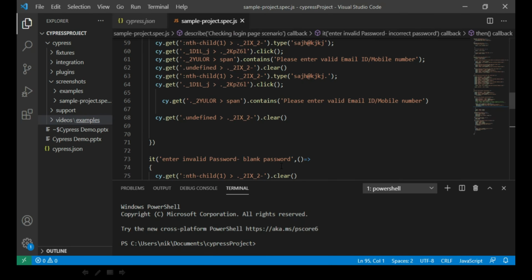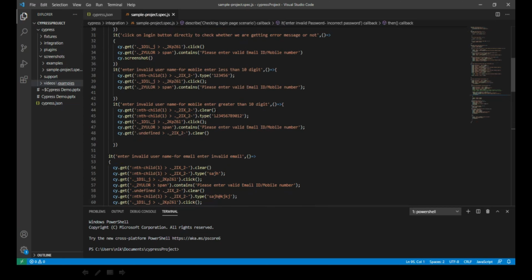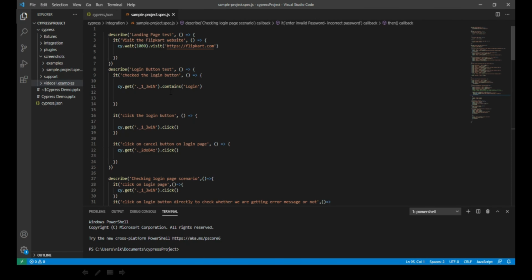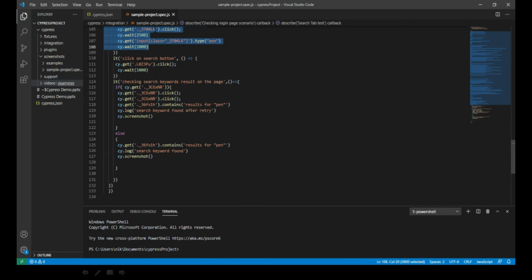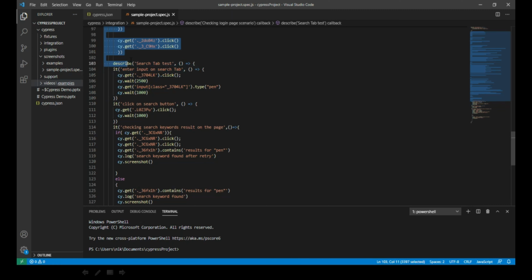Let me minimize this a little bit. I will hide some of the elements from this page, just to check the search one. If I write mobile here, I am not clicking on any retry button.